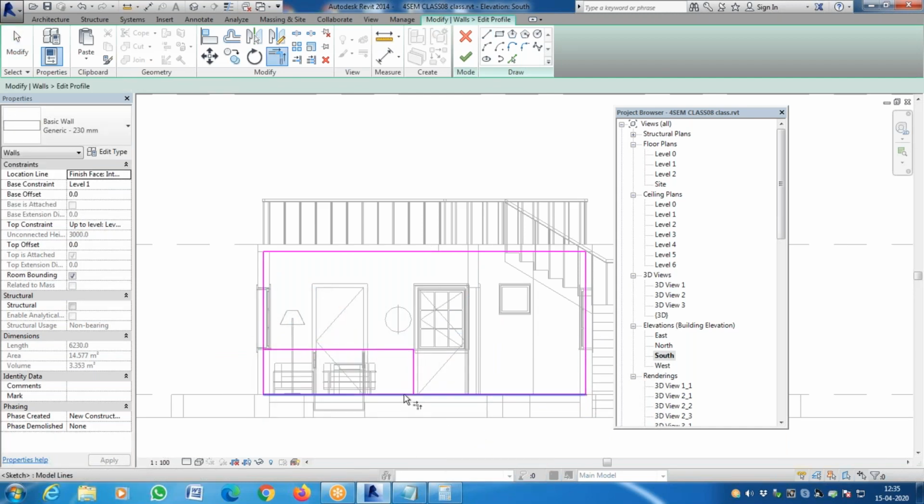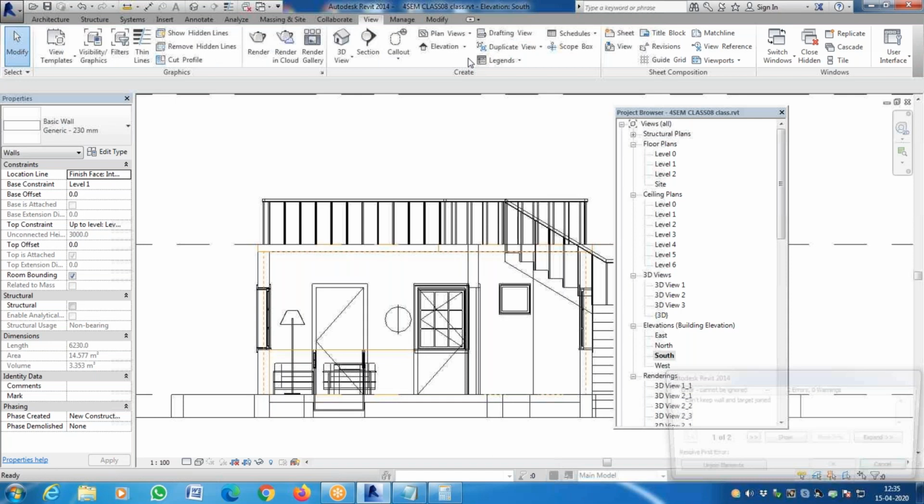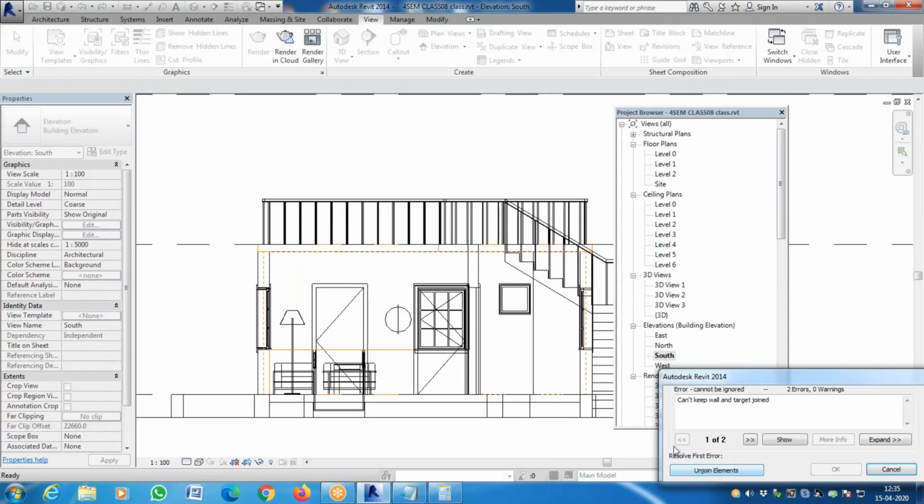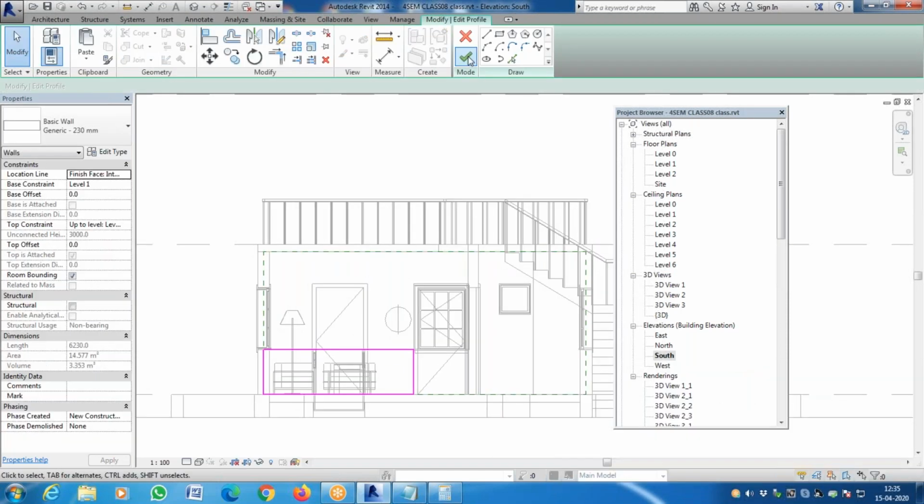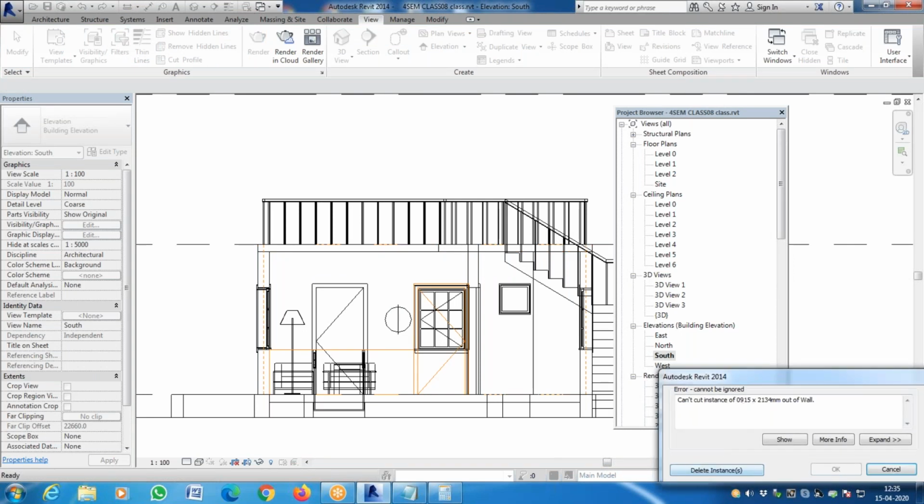I'm going to trim this wall like this, and the remaining part of the wall I'm just deleting. Okay, so I have done it like that,